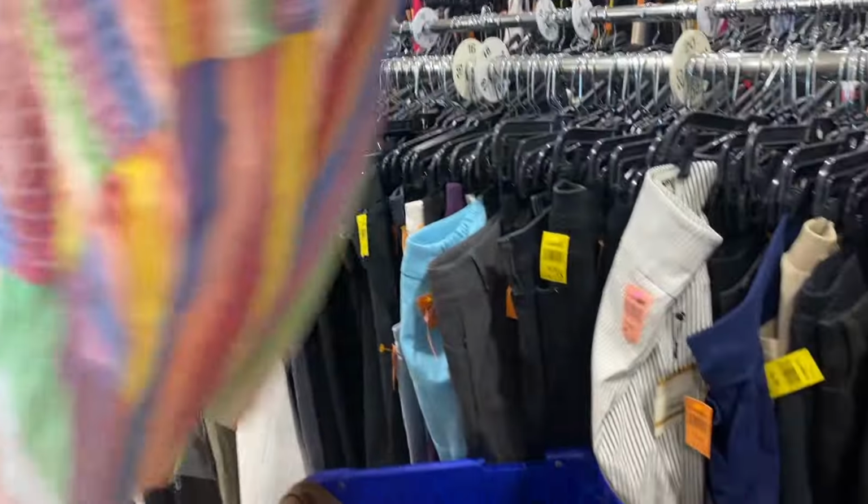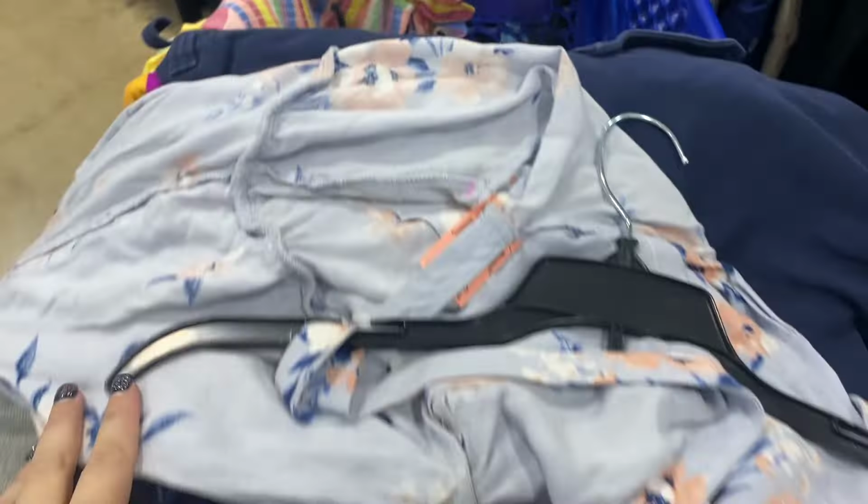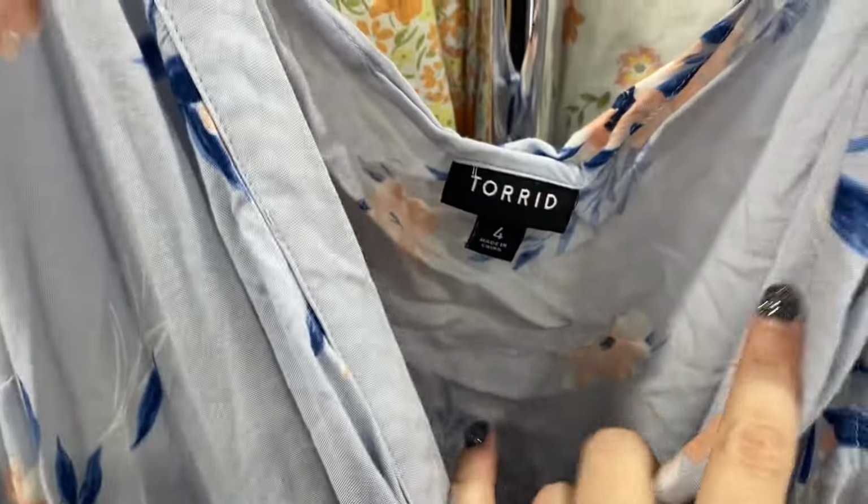And then I looked over the Torrid dress and realized that it priced at $10. I just saw the pink tag and saw it was half off, but half off of $10 is $5 obviously, and that just seemed a little too much to pay. Because it's a very spring summer dress, I would have picked it up for $5 for sure this past spring summer, but did pass for $5 going into fall